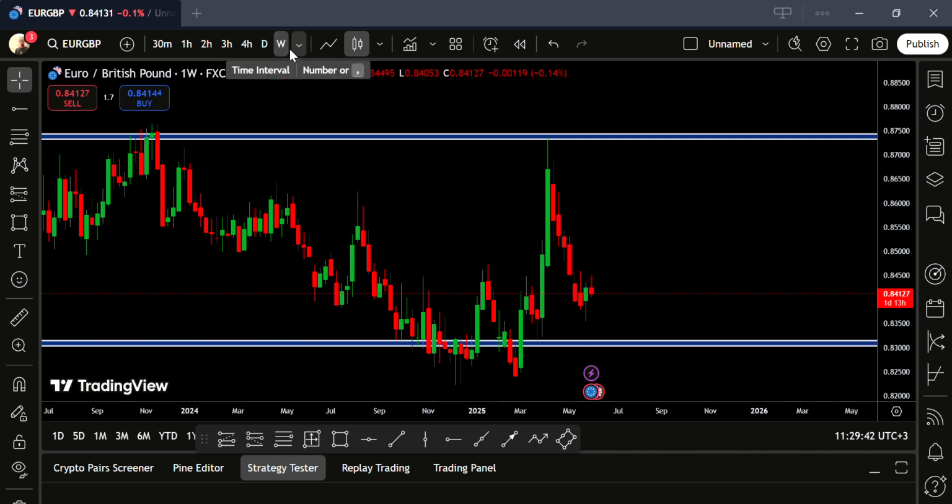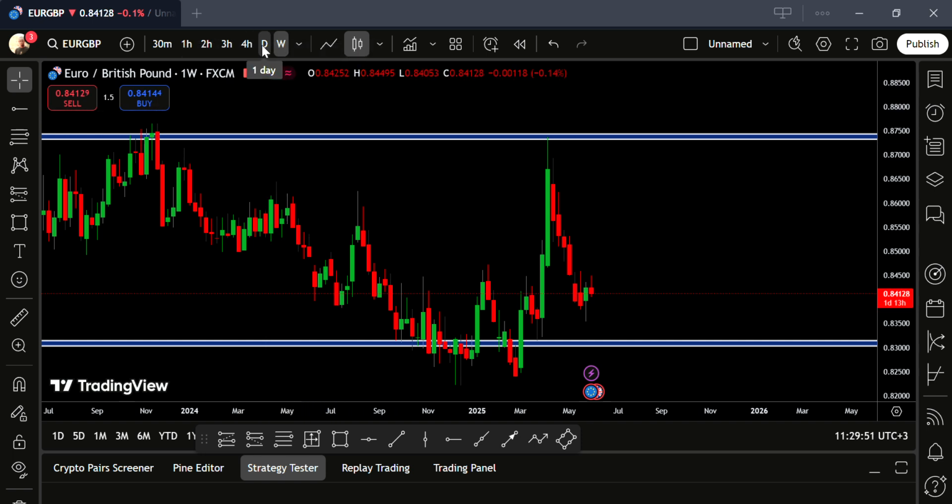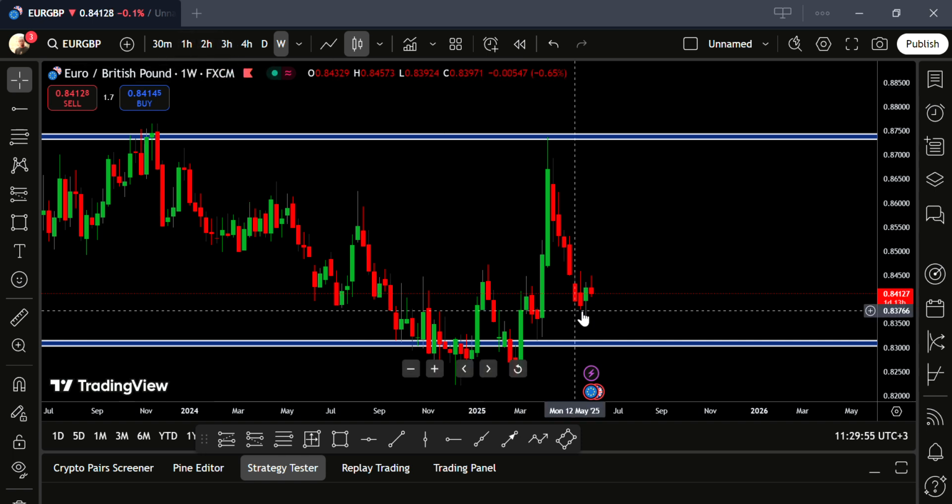There are people who start from the monthly, weekly, daily, and they're supposed to execute on the daily or the 4 hour, which is also okay. So for me, I start from the weekly, daily, 4 hour, and then these are the lower time frames for execution. And execution, I use supply and demand. So now, why do I start from the weekly and not the monthly? It's because I do not have